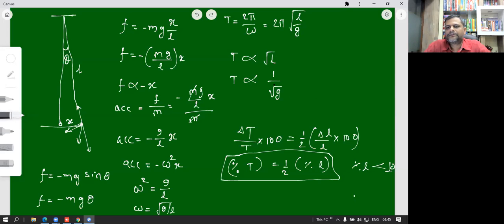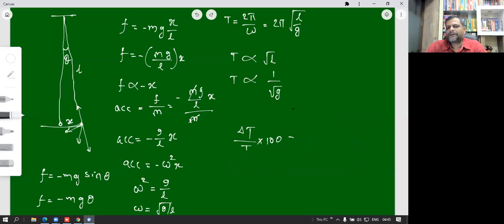And also if we draw the graph between t square and L, then it will be a straight line, no doubt, because t square is proportional to L and the constant of proportionality between them will be the slope of that graph. Even the graph between t and root L will also be a straight line, no doubt, and its slope will be the constant of proportionality between t and root L. बिल्कुल, तो यह बात अच्छी तरह से याद रखो।